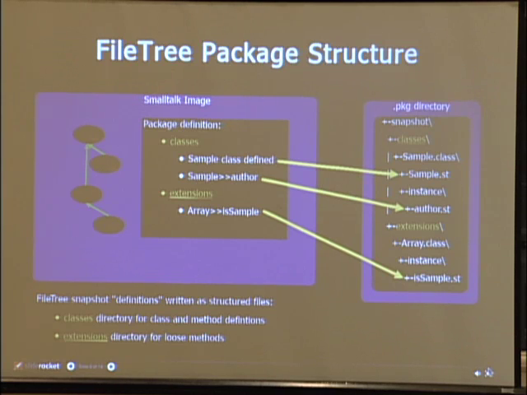At least that's the theory. But the bottom line is the structure on disk is not important. It's the content. So this could all be one file, one .st file, one giant file. So the approach that I've gone with now, and this is based on Otto's experience, is a single method per file,